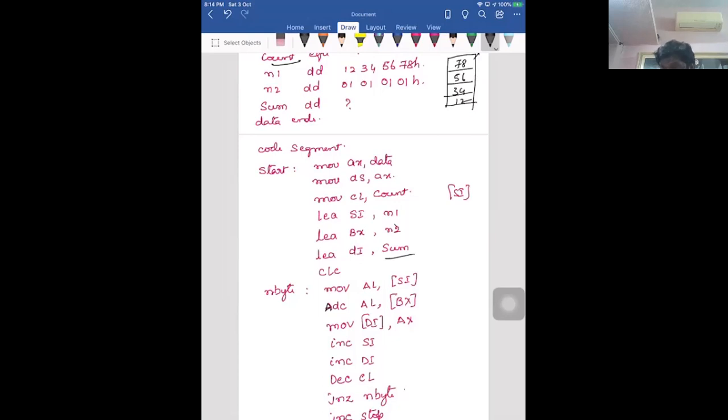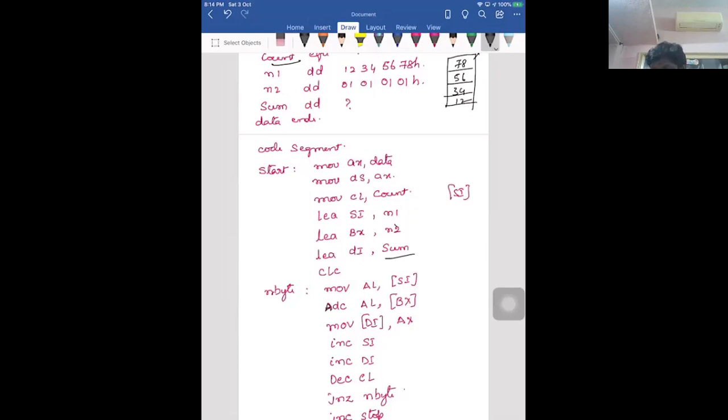Now after that I am moving the AX part into DA, that is the destination index. I'm not writing DA as an address, but I'm saying that in that particular address, place the value of AX into DA. So I'm good.